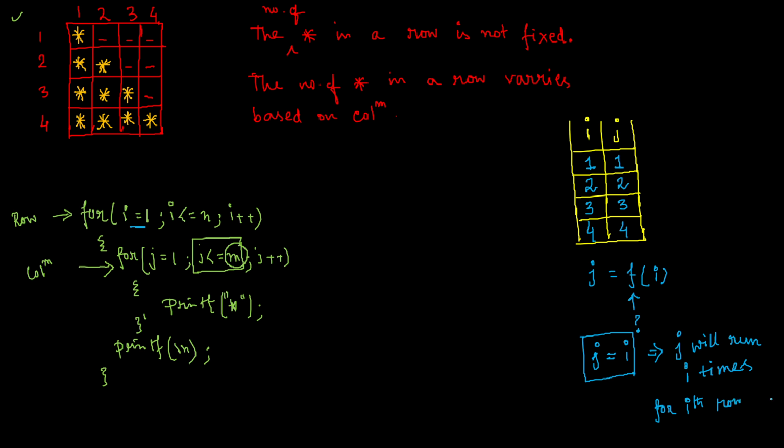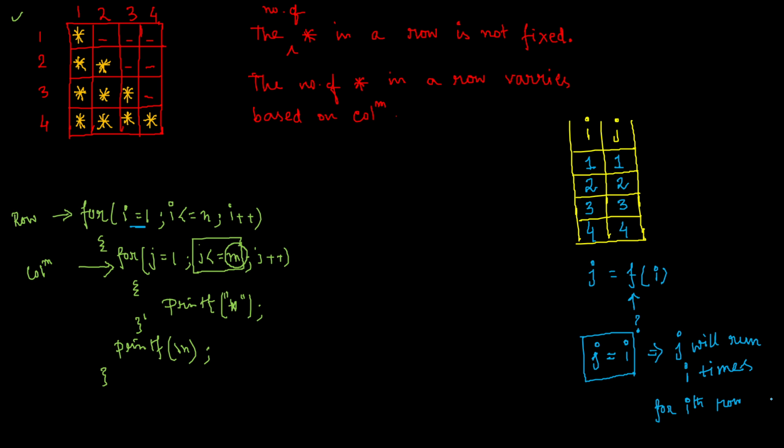So now just for the time being, forget about all this. If I just ask you to write a program where the for loop will run 5 times, what will you do? You will simply write a for loop: for i equal to 1, i less than or equal to 5, i plus plus. If I tell you to write a for loop which will run 10 times, what will you do? Similarly, for i equal to 1, i less than or equal to 10, i plus plus, right?